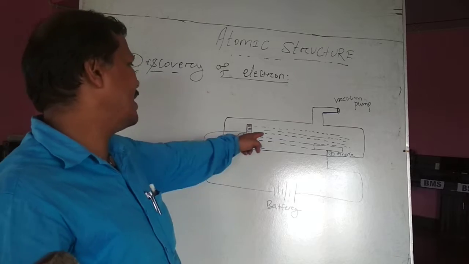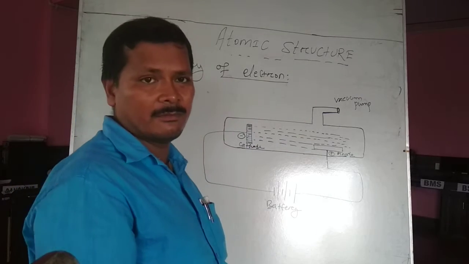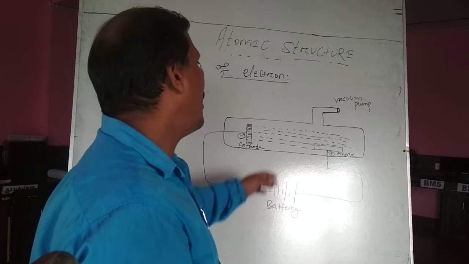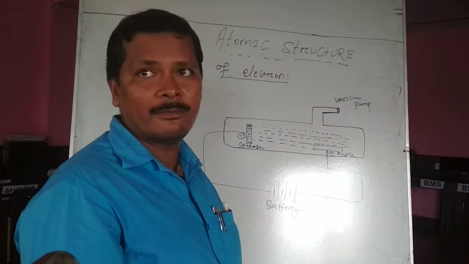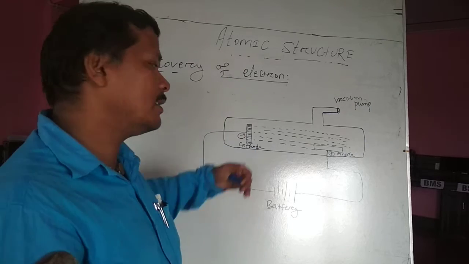These are the invisible rays, which we can't see. Then how can we know that some rays are produced there? So for that,